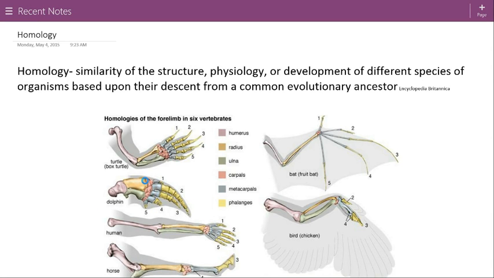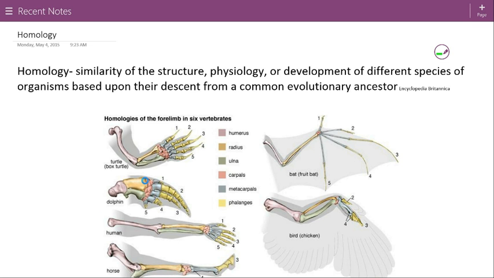So today we're going to talk about homology, which is in and of itself kind of an interesting word. So let's look at that for a second. From Encyclopedia Britannica, it says that homology is the similarity of the structure, physiology, or development of different species of organisms based on their descent from a common evolutionary ancestor. So basically,